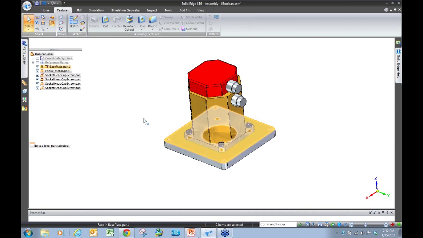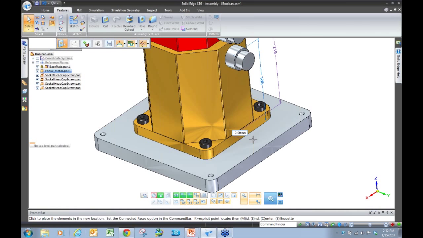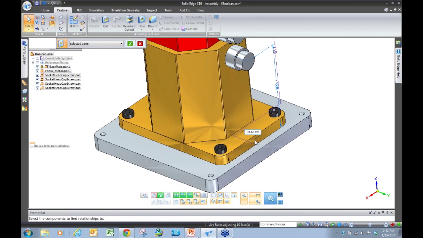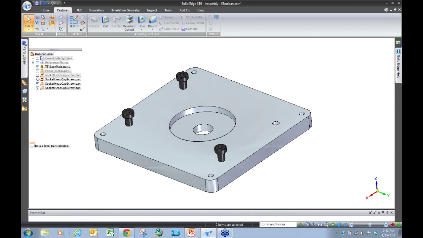Now if we hide our motor and we hide one of the socket screws, you'll see that the hole in the base plate came through. So I like that one because you don't have to do any extra work. It's all quickly 1, 2, 3, and it's in there. And with that,